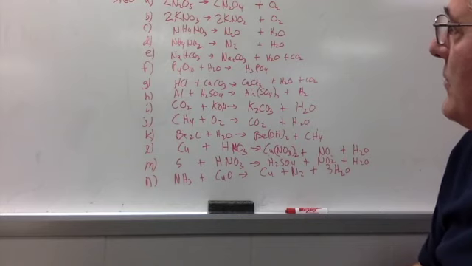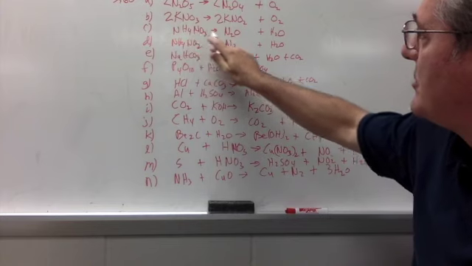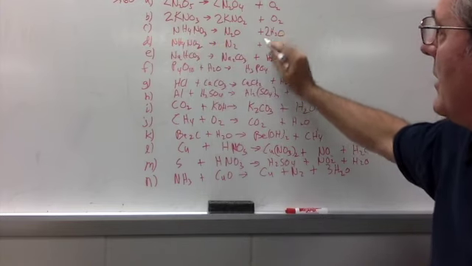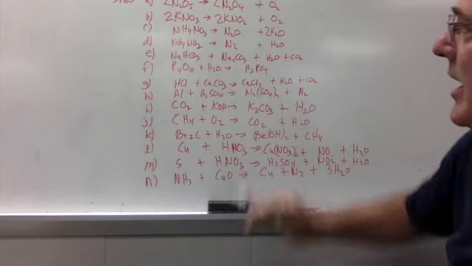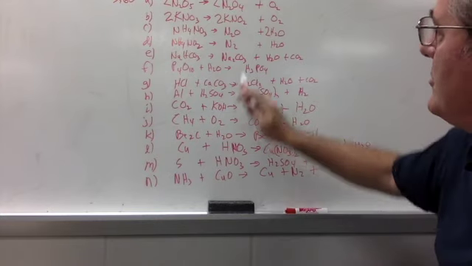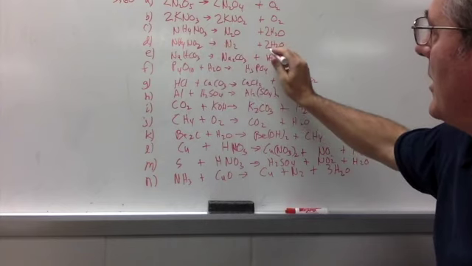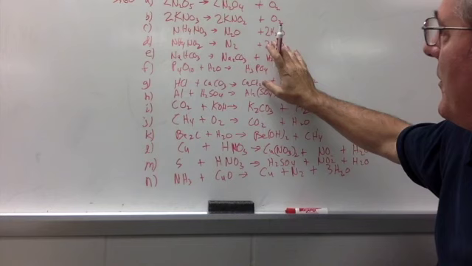Letter D, NH4NO3 yields N2O plus water. I have 2 nitrogens, 4 hydrogens, so I need 2 waters, 3 oxygens, and 3 oxygens, so that works. NH4NO2 yields N2 plus water, 2 N's, 2 N's, 4 H's, 2 waters, 2 oxygens, and 2 oxygens in the nitrite